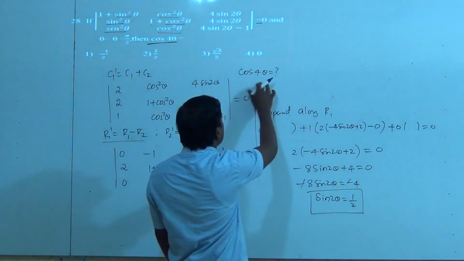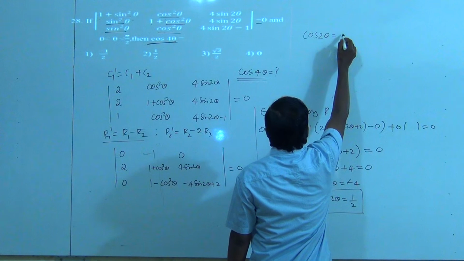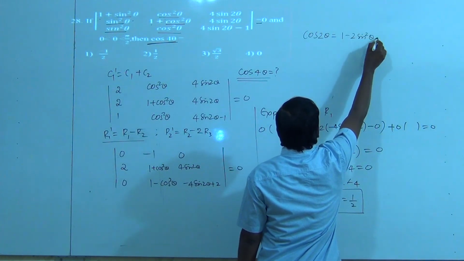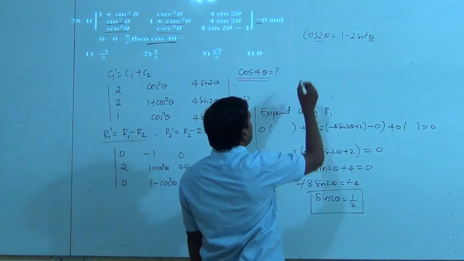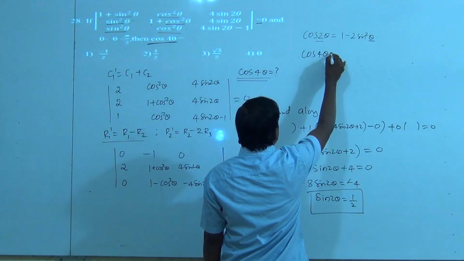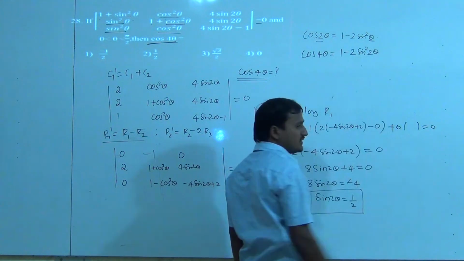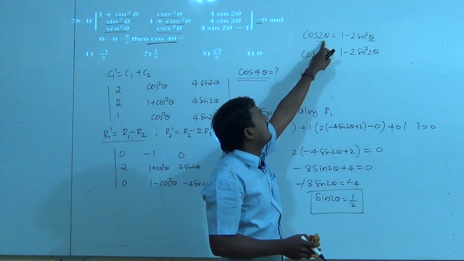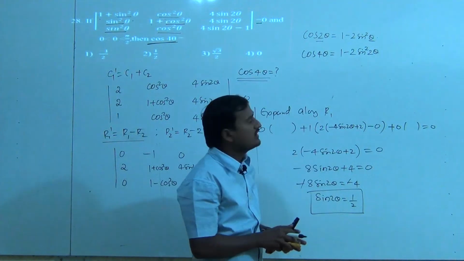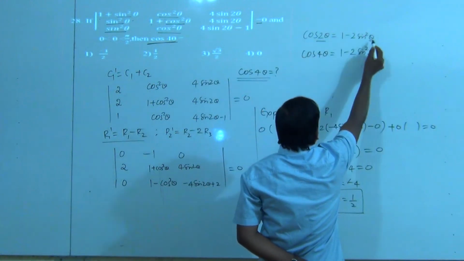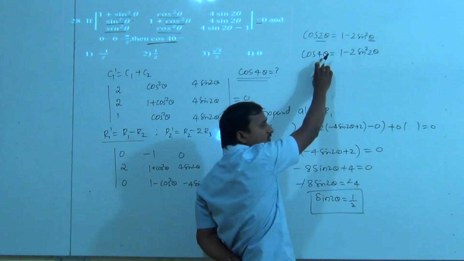Now here I should find cos 4 theta. So you already know that. What is the value of cos 2 theta? Cos 2 theta is equal to 1 minus 2 sin square theta. Okay. So here it is 2 theta is there. So here we have only 1 theta. So in the place of cos 2 theta, suppose if you have 4 theta, then the answer is 1 minus 2 sin square 2 theta. Because here it is a half angle formula. Here we have used the half angle formula or multiple and submultiple angle. So here it is 2 theta is there, then here it is only 1 theta. Here it is 2 theta means half of this. So here half of 4 is 2 theta.